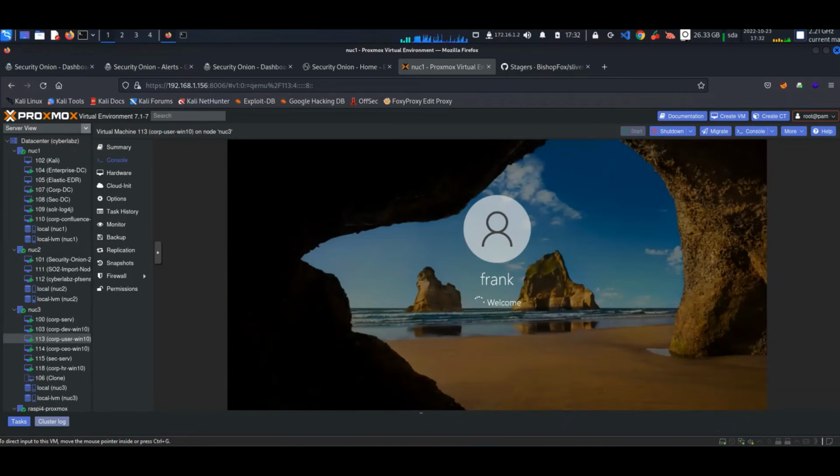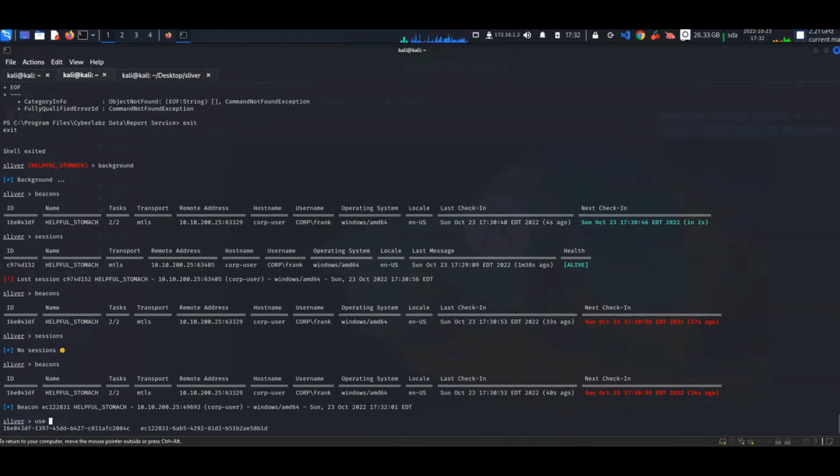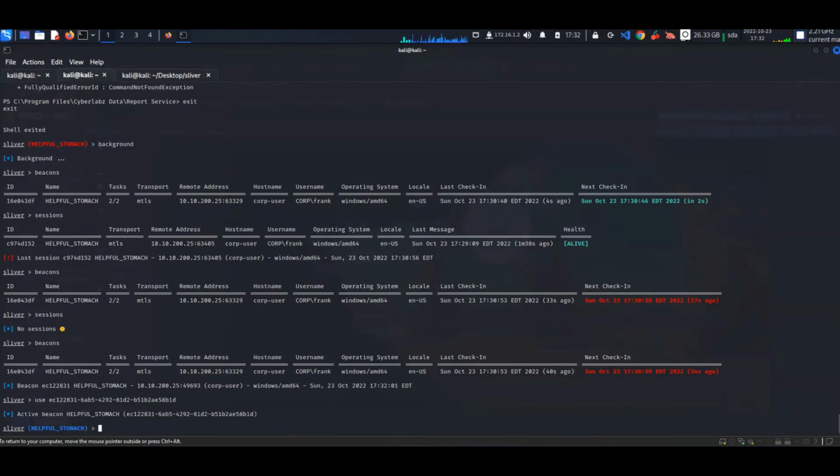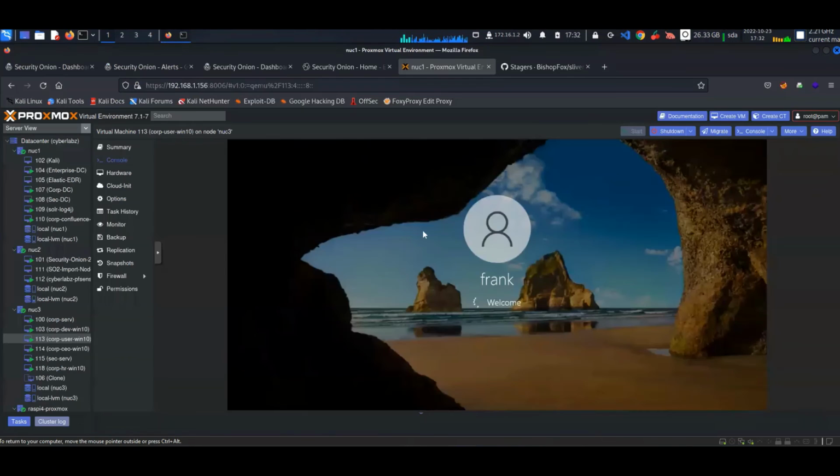Frank's going to log in, and boom, we have our callback. So we were able to take hold of that vulnerable service, and we do have a callback. Now we can use our new beacon and do a whoami, and see that we're now in T authority. So now that we're in T authority, we pretty much have full range of everything, and nothing screamed at us